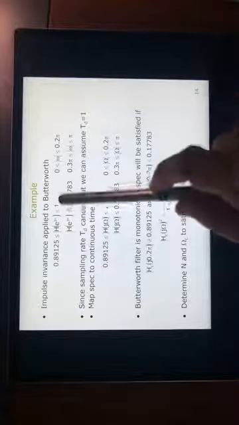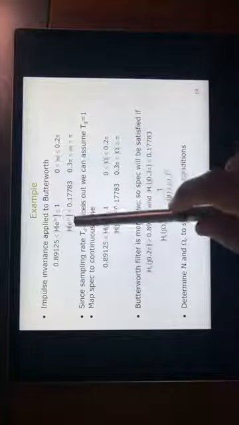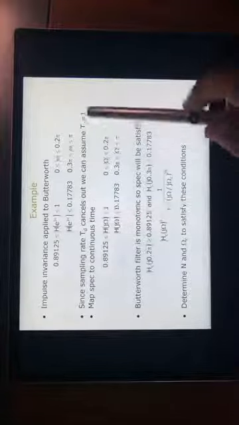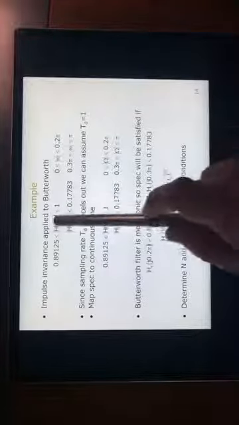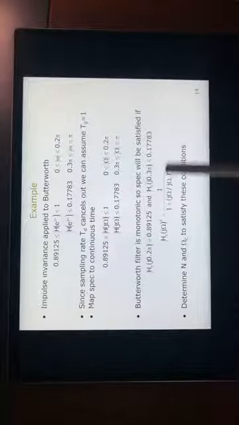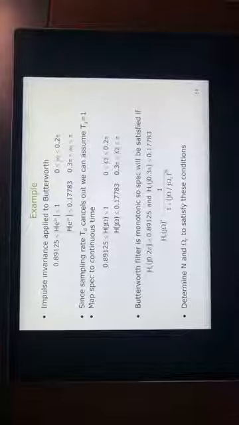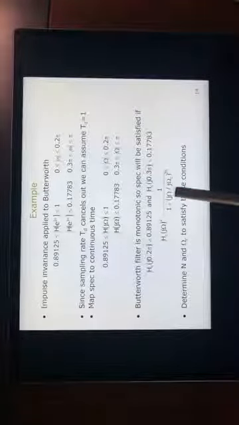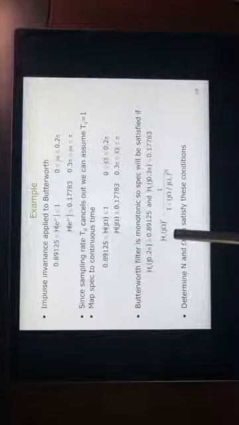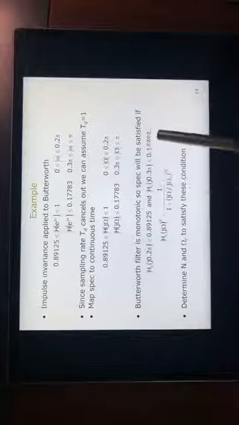Okay, so you convert this from small omega to capital omega. And here the transformation is small omega is equal to capital omega into T, where T is equal to 1. So simply, instead of omega, write j omega. So same specs, and then this is the equation. Now you have 2 points, and you first put omega 0.2 pi and this 0.89. And then put omega 0.3 pi and this as 0.17783.